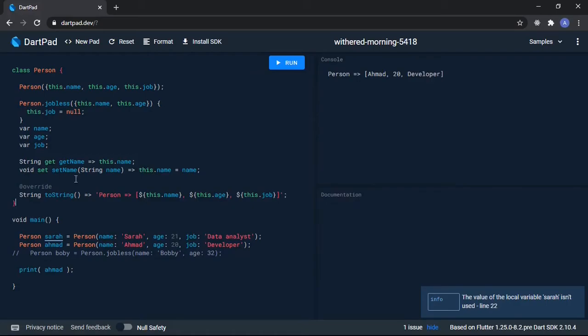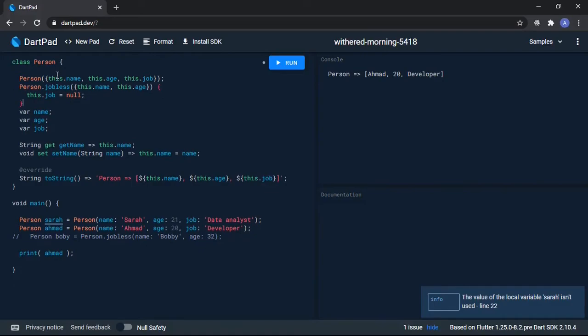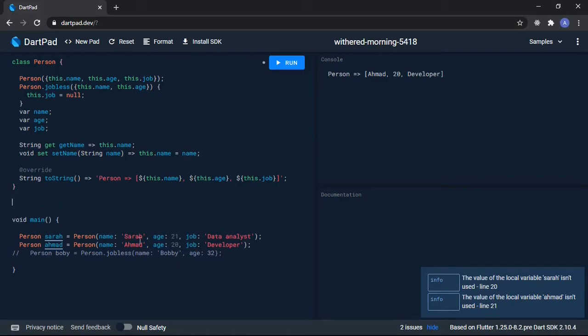So we have a person class. I'll actually move this up a bit so that we get some space, and I'll leave that. I'll remove this. Now inheritance. So I will make another class. I'll just call it employee. Employee. And then to inherit from, obviously an employee is a person, so to inherit from the person, we'll just say extends